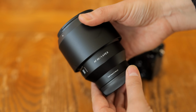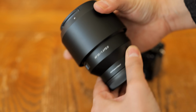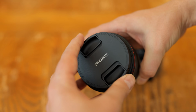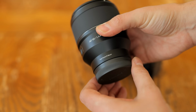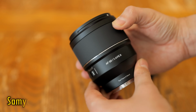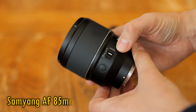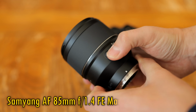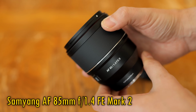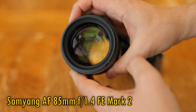Howdy everyone, Samyang have recently updated their popular and relatively affordable full-frame 85mm f1.4 autofocus lens for Sony E-mount cameras, and here it is, the imaginatively titled Samyang FE 35mm f1.4 Mark II. This new version seems to have exactly the same optics as the previous lens from just over 3 years ago,